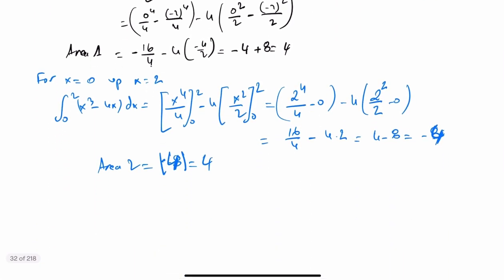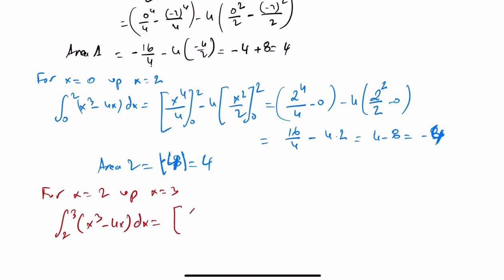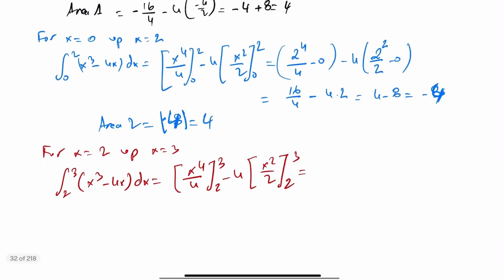So for x equal to 2 up to x equal to 3, the integral from 2 to 3 of x cubed minus 4x dx is equal to x to the 4 divided by 4 from 2 to 3 minus 4 times x squared over 2 from 2 to 3, which is equal to 3 to the power of 4 divided by 4 minus 18,